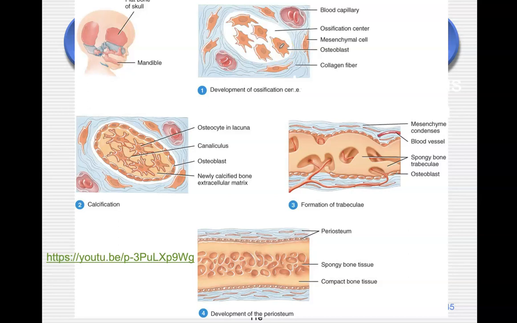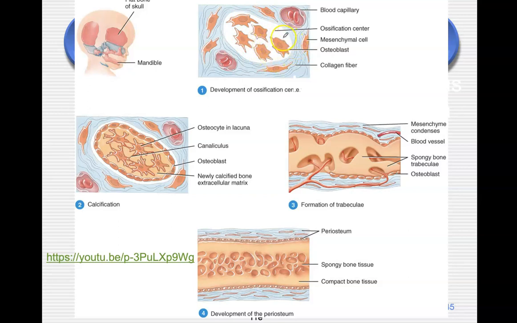So they're going to get a signal to become an osteoblast. And remember, osteoblasts will secrete that osteoid matrix, that bone that will eventually calcify and be the bone matrix, right? So that's what's happening here. First we have these mesenchymal cells, they differentiate into these osteoblasts, and then these osteoblasts start to secrete